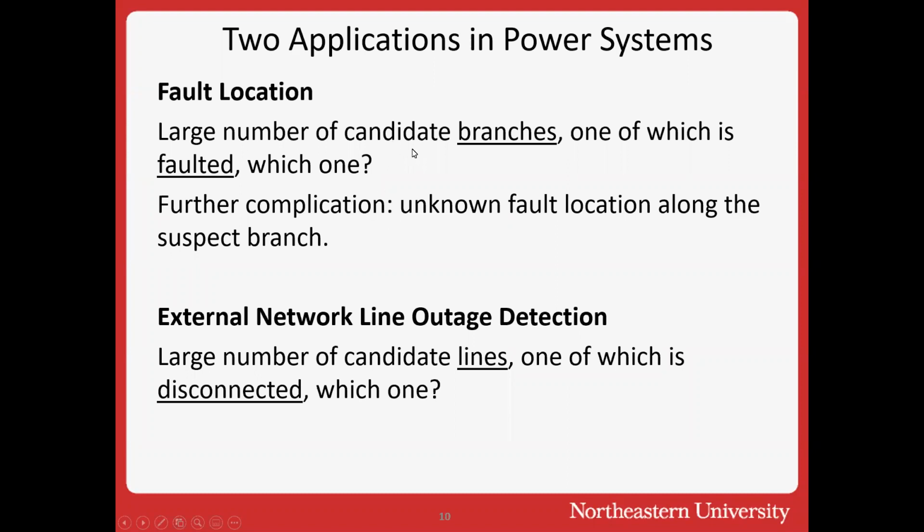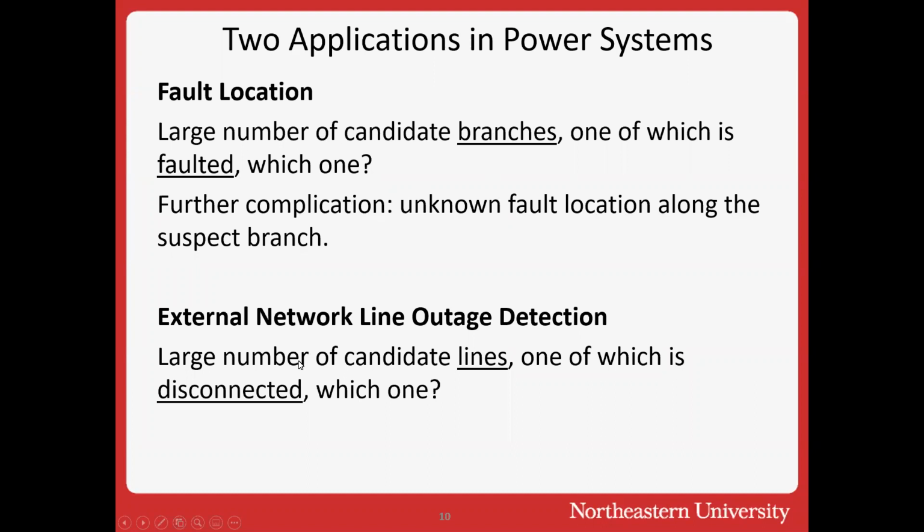That is, on that unknown branch, we also don't know where the fault is. So the unknown fault location along that suspect branch is an additional complication. But the basic problem of identifying the faulted branch is